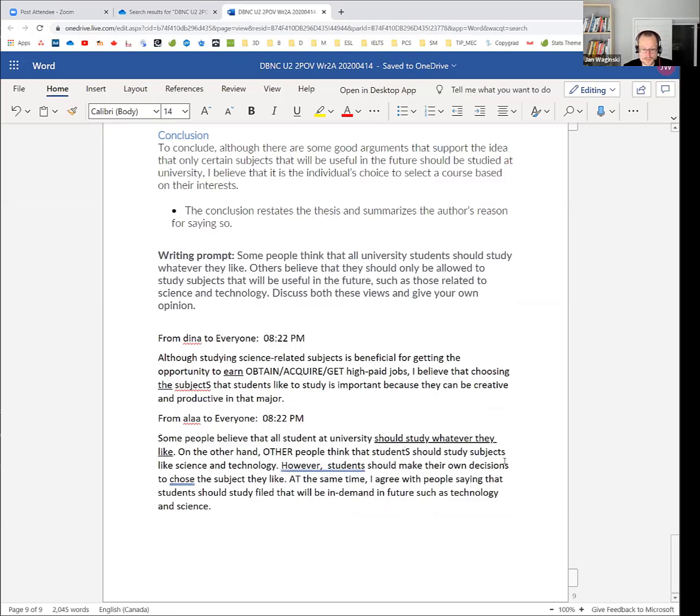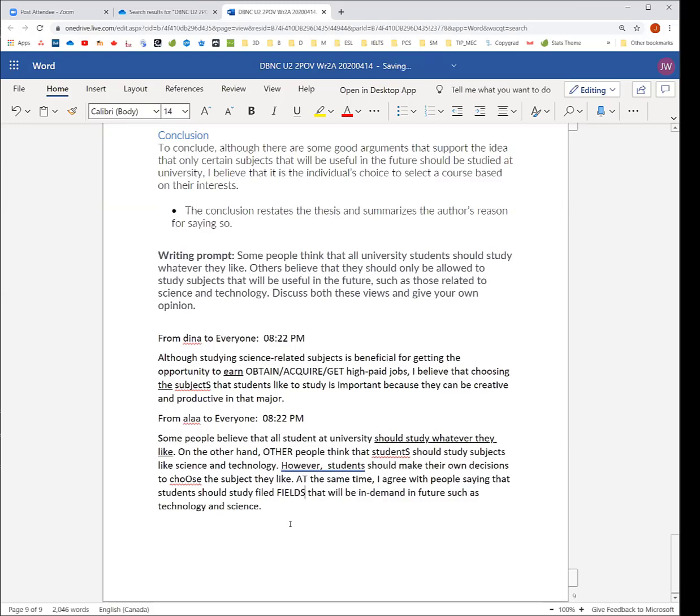Students. Technology. Their own decisions to choose the subject they like. And should study, what's this word? Field. How do you spell field? F-E. F-I. Fields. In